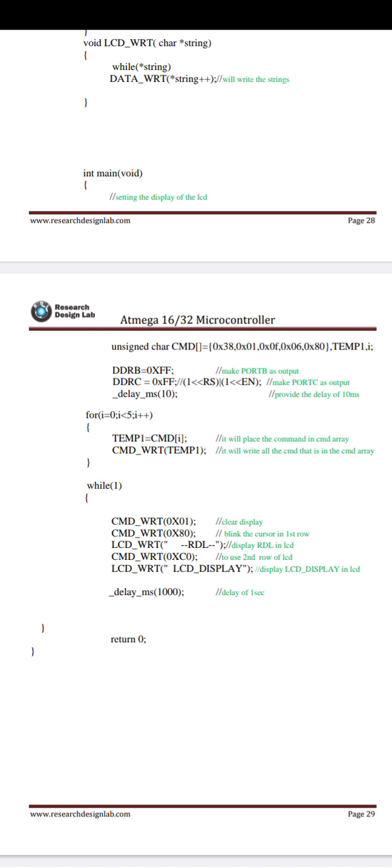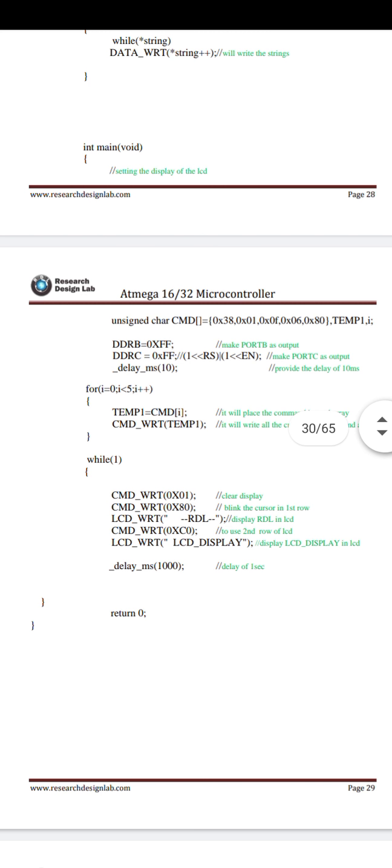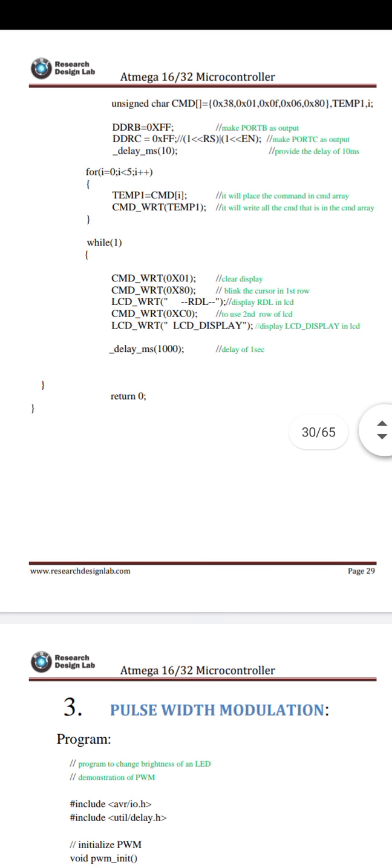Command write 0xC0, that is the second row. LCD display, this is a display on the LCD. This is the spelling, the characters for the display on the LCD pins. Delay, then return 0 in this program.